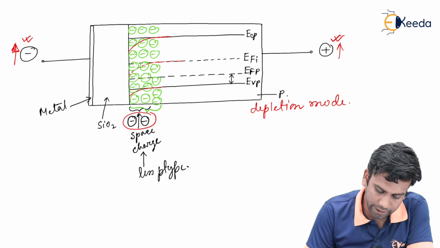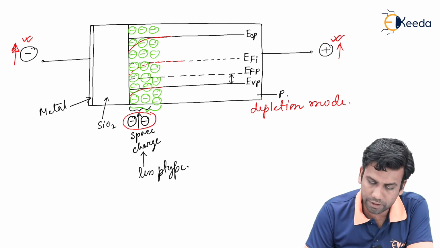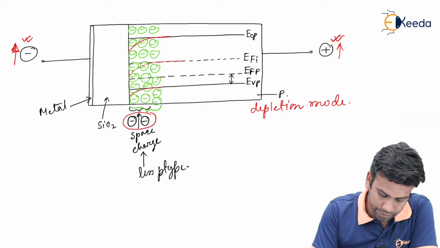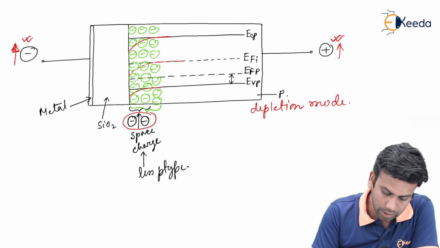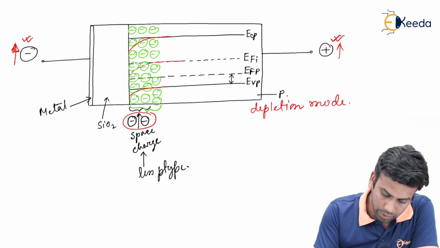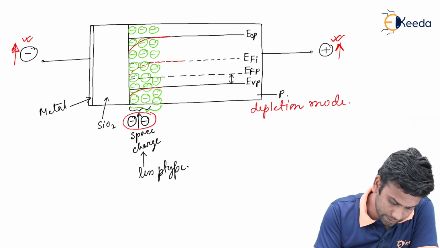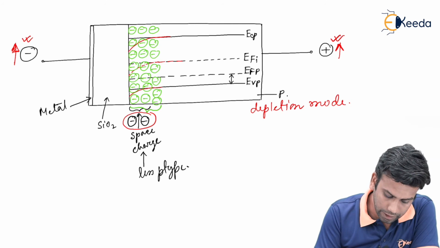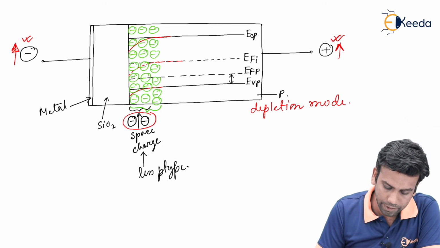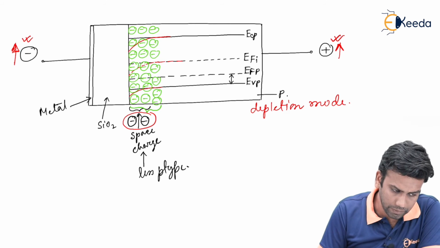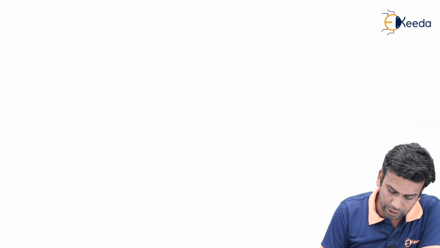So let us see what will be the band diagram in this condition. We have seen that due to the application of more reverse voltages, the space charge width has been increased. So we can say when a large positive potential